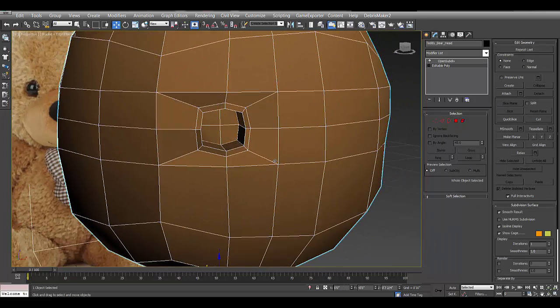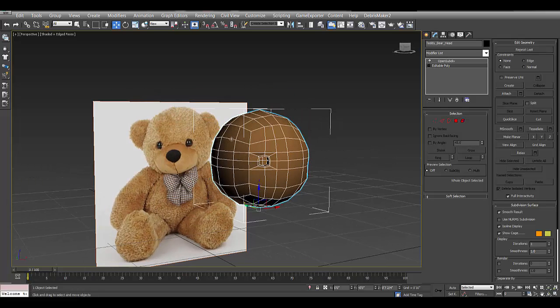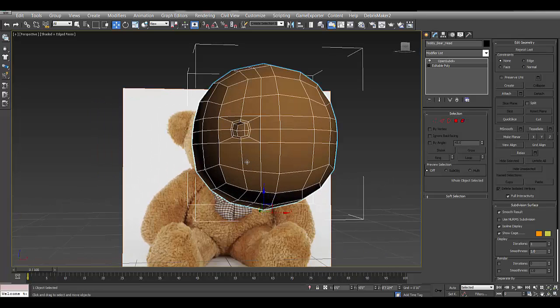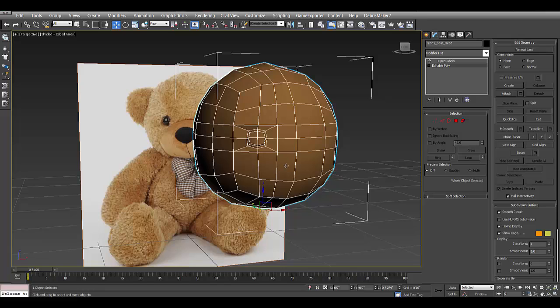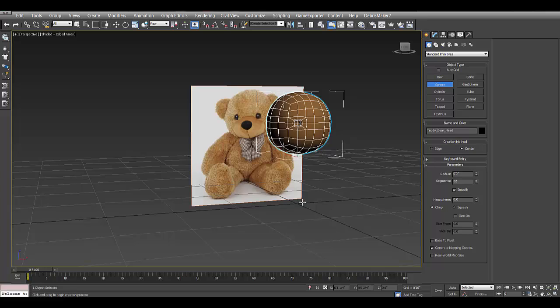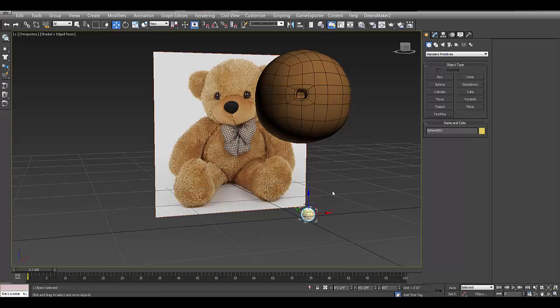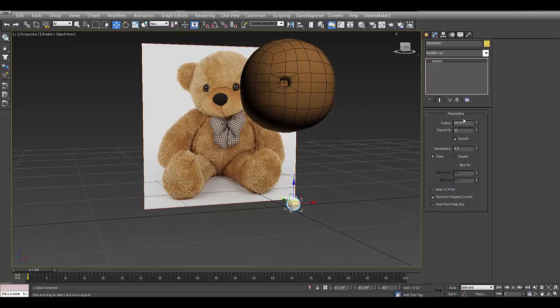And I'm going to create an eyeball to put in here. Okay, so right now I'm only modeling half. I'm going to use the symmetry modifier this time to flip it over to the other side. But I'll do that after we create the ears and all the symmetrical pieces. Okay, so I'm going to go ahead and create a sphere that I'm going to use for the eyeball. Okay, so I've just created a small sphere,